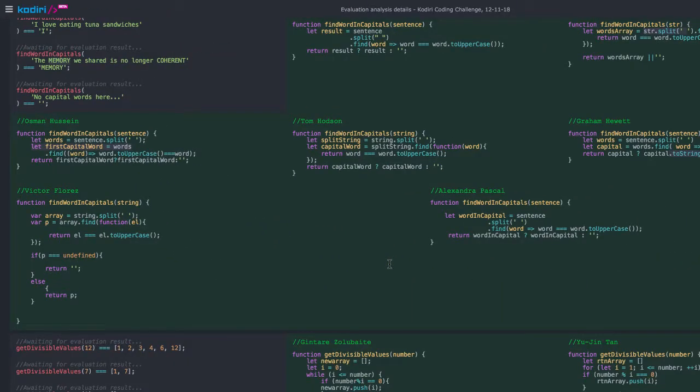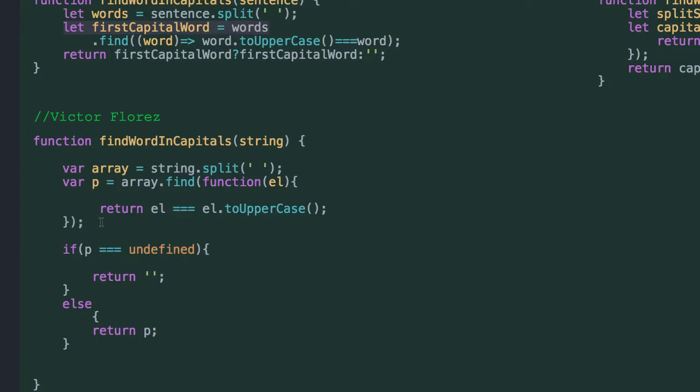And Victor, we got Victor and Alex. So Victor, our friend Victor. First of all, I have a theory about empty lines, right? We shouldn't have any empty line in any function. I know that some developers argue that the code is more readable because you have spaces, right? If you need the spaces to write readable code, then you have a problem, right? If you have a very long function, then the solution is not to add break lines, it's to split the function into another function, right? But anyway, ignoring that,